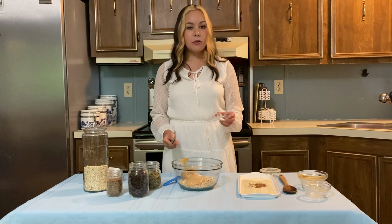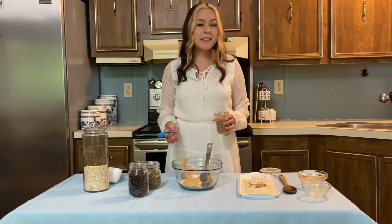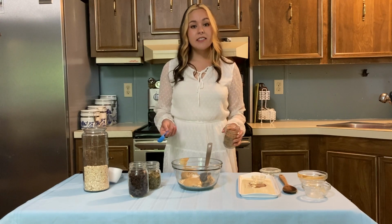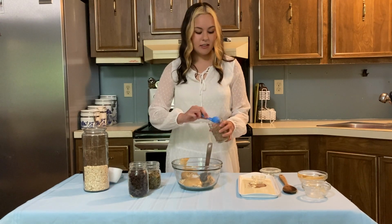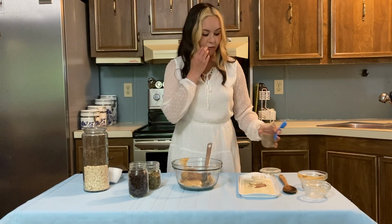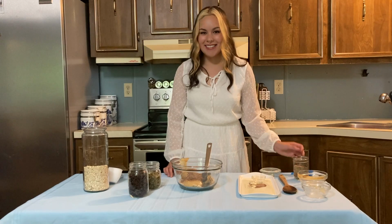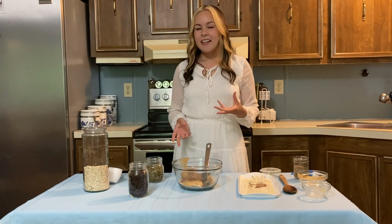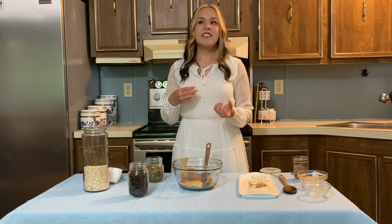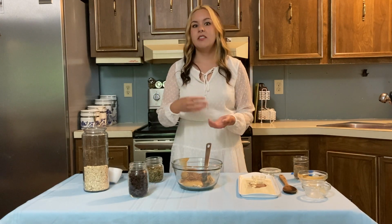Then we're gonna add 1/4 teaspoon of salt, 2 tablespoons of mix-ins such as ground flax, chia seeds, hemp hearts. I'm adding ground flax seeds. Next, we're gonna add in 1/2 cup of mix-ins such as chocolate chips, raisins, pumpkin seeds, sunflower seeds,